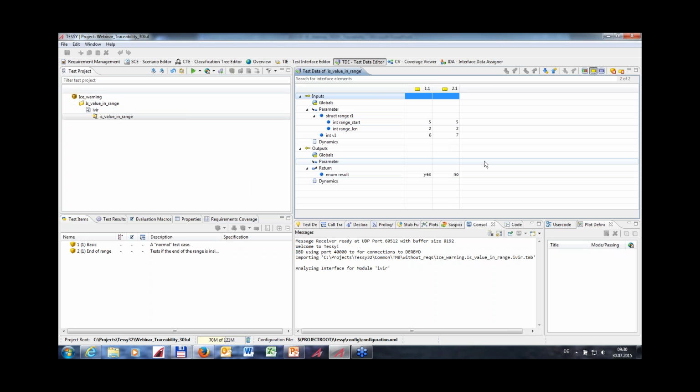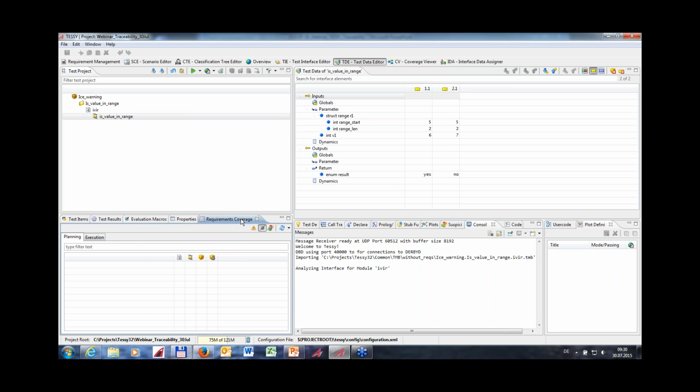This is the test data. We have 2 test cases. The test cases have names and they have a description, and now we are able to start linking requirements to test cases. We do this in this requirements coverage perspective,